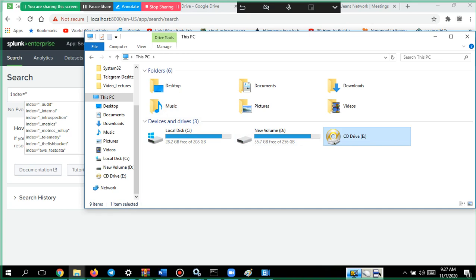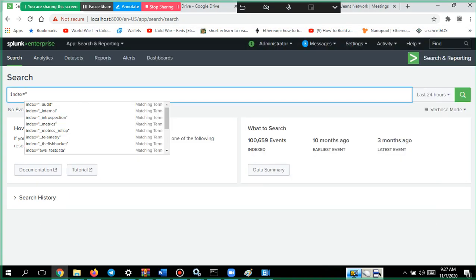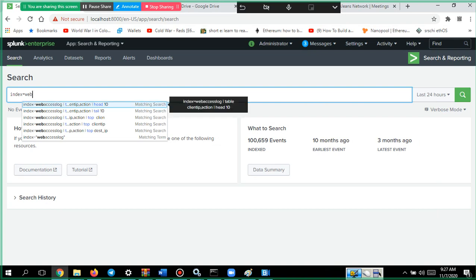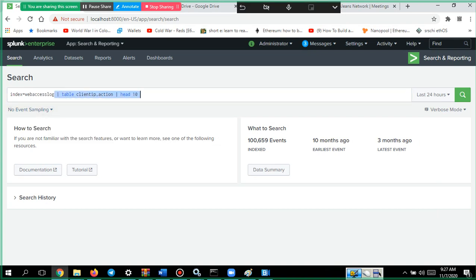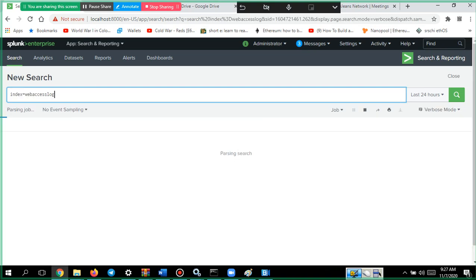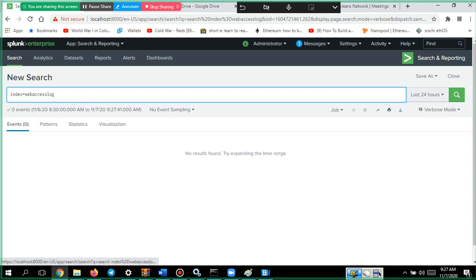So in a Splunk server, those are called indexes. One such index is web access for me. All my web access logs are getting stored in this particular index.